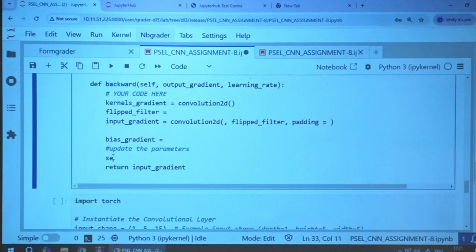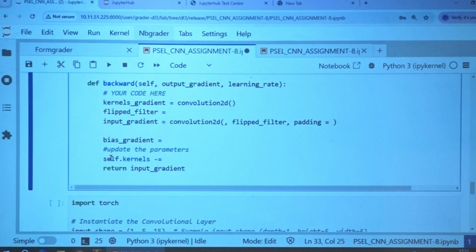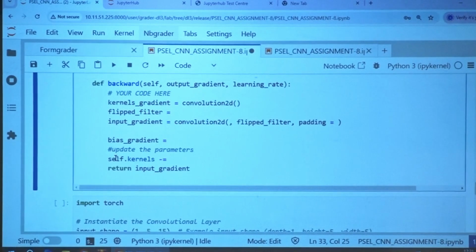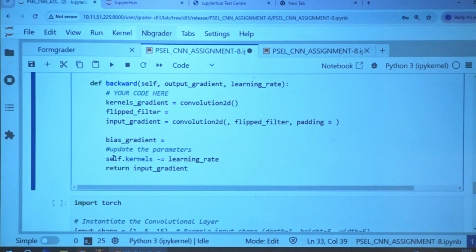So self.kernels, is it minus equal to or plus equal to? Updating the parameters with respect to the learning rate which I already provided. Learning rate into what? How to update the kernel? Parameter updation equation.